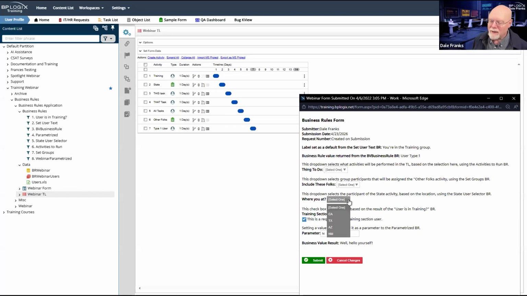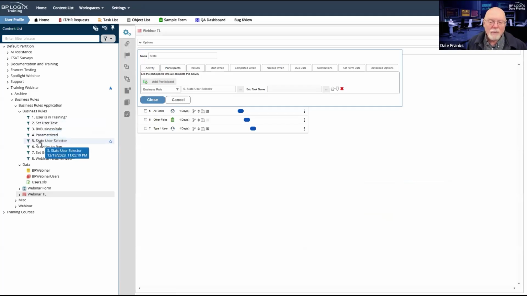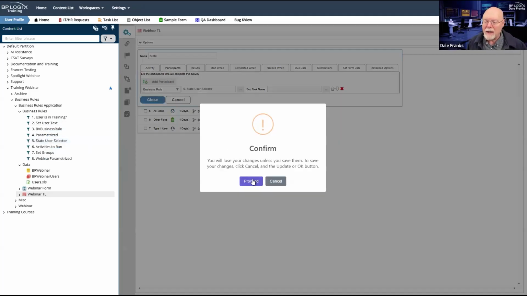Where are you at? I have California, Texas, Arizona, and New Mexico as possible values for the where you at field. And in my process timeline, I have the state activity. And in the state activity, I am looking at the state user selector. So let's take a look at it.